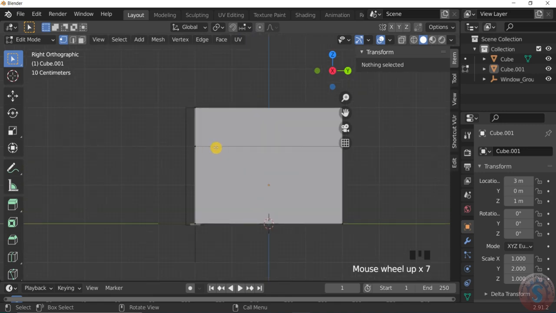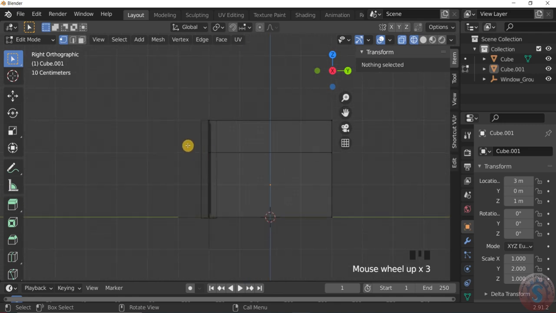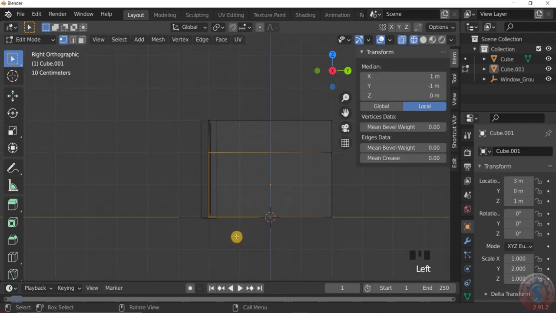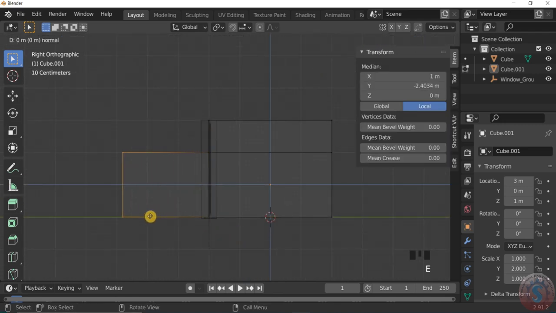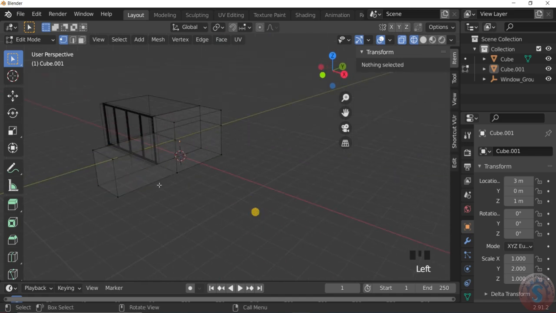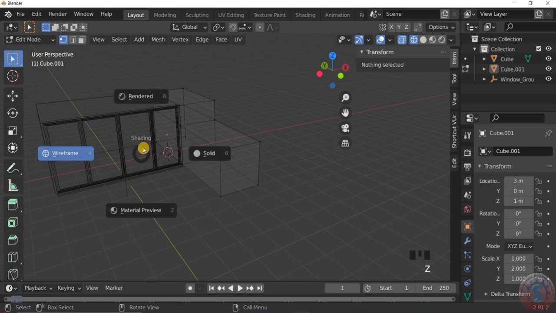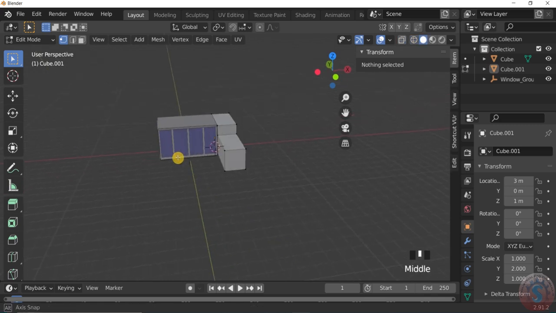views here. And I want to go again into Z and the wireframe mode and select these vertices and extrude it to this 4 meter again, so that you can observe this, and go into the Z mode and go into the solid.